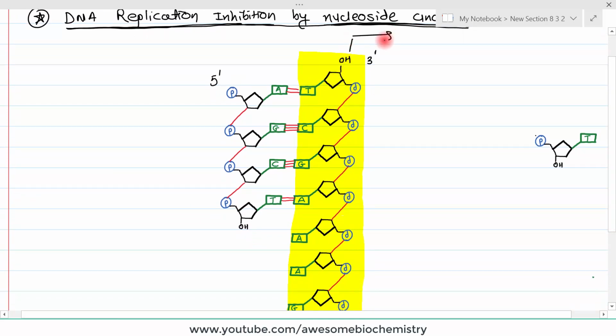This yellow highlighted part is a template strand, right? It is a template strand, whereas this incomplete strand is the daughter strand. Now we all know that DNA synthesis goes from the 5' end to the 3' end, and the reading on the template direction is from the 3' to the 5' end. Why is this end known as 3'? Because here the 3' hydroxyl group is free. And why is this a 5' end? Because the 5' phosphate group is free over here. This is the 5' phosphate.